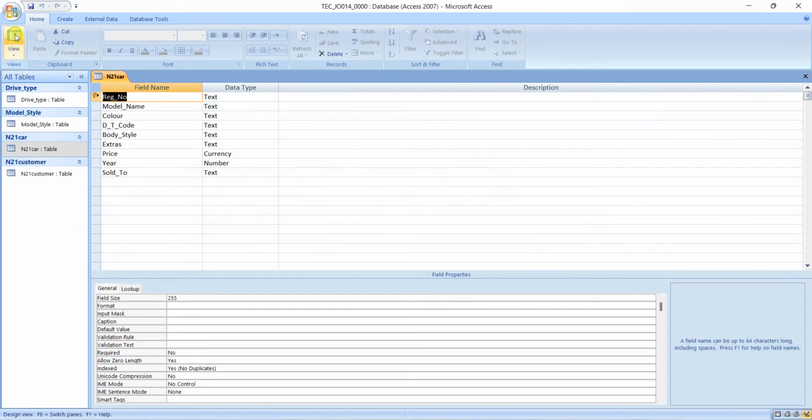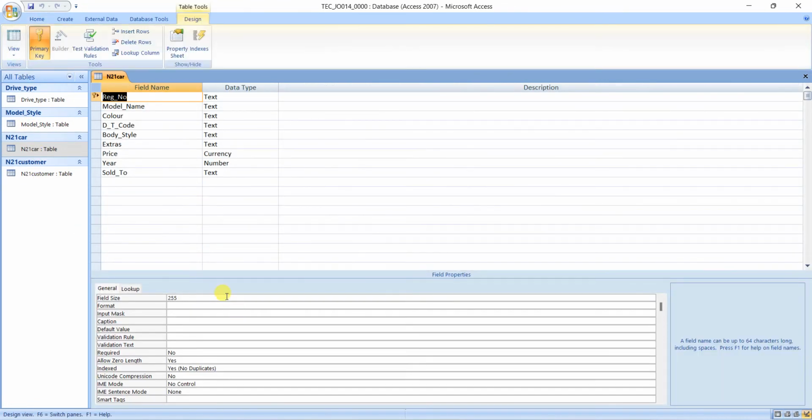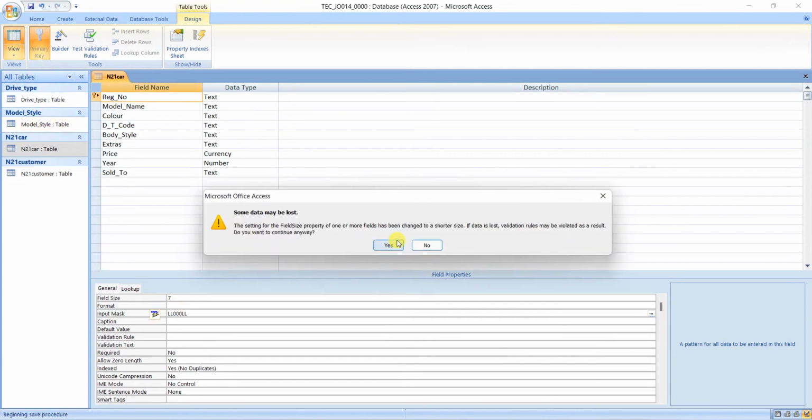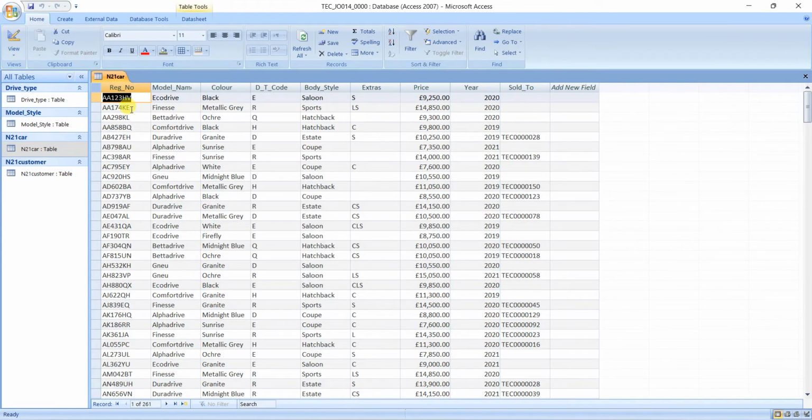So we can find that it is, first of all, 7, the input mask 2L, 3 digits, 2L, as you see. Yes, we have done this. Then